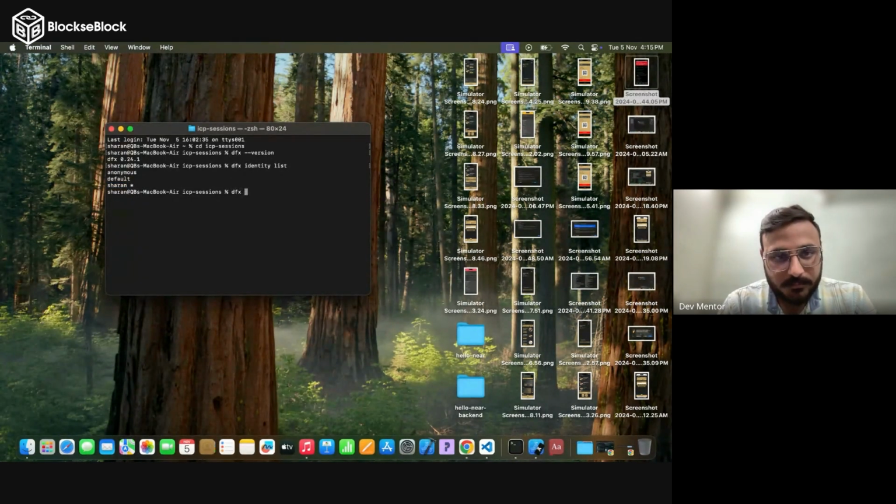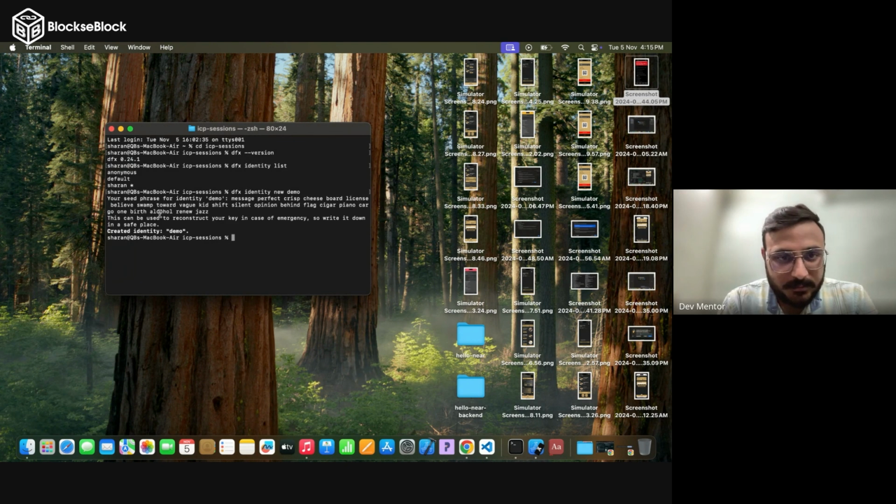To create this new identity, I write dfx identity new and the name. In this case, I'm writing demo, so this is my identity name. You will be able to see a seed phrase here. This seed phrase helps you recover this account. Sometimes we have some tokens, or cycles, or money in our wallets. If you forget the password or the identity, you will not get that money back